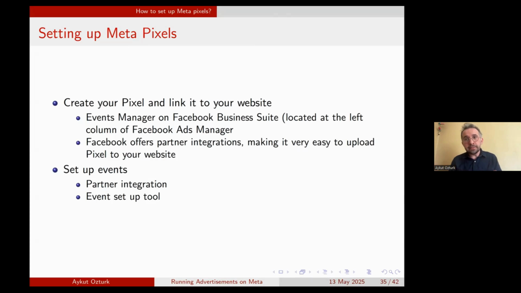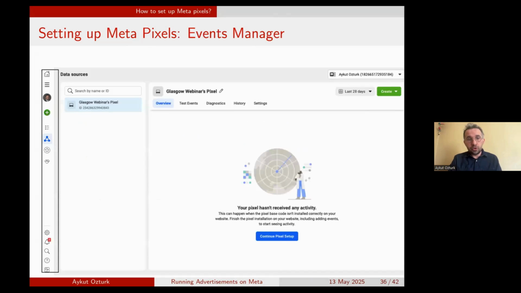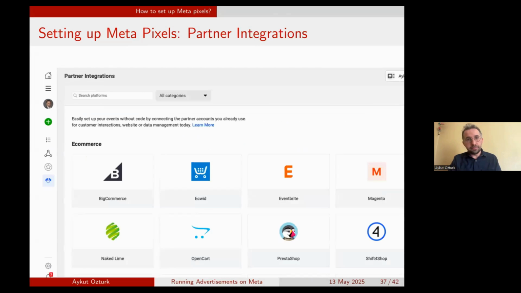It sounds complicated, but it may be very easy if you use partner integrations. That is, if you are using a widely used platform such as WordPress or Wix as your web page builder. So, for example, here you see partner integrations. For any of these website builders, Facebook has an easy setup tool